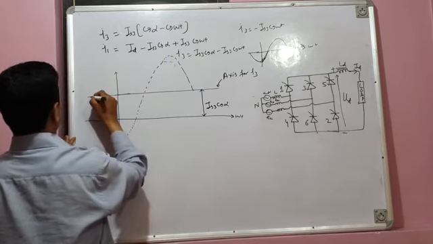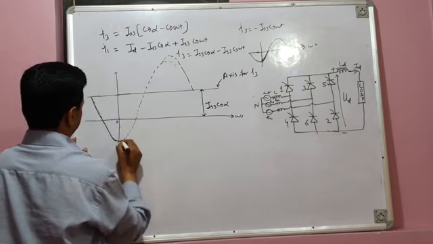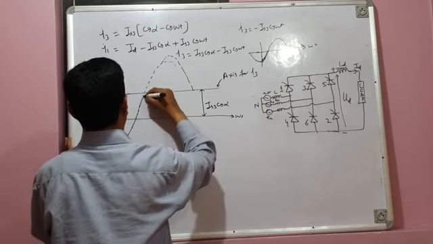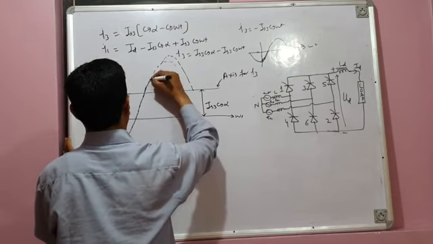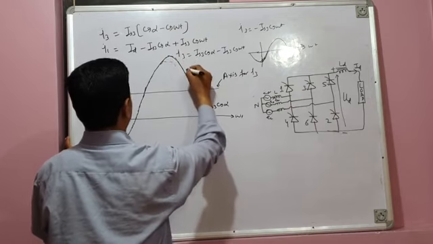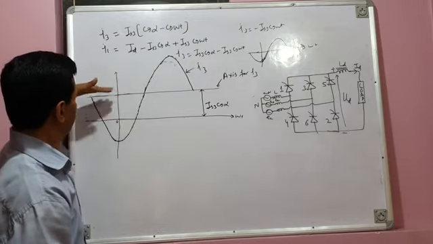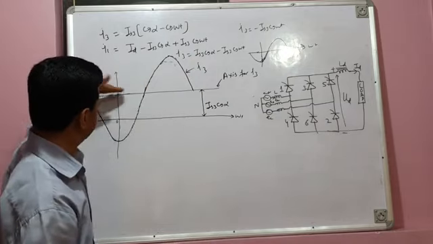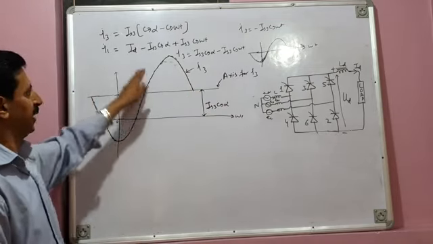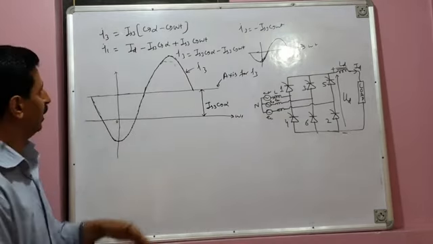So therefore, this is my I3. You can see it's negative cosine wave, but its axis is not omega t. Its axis, this is its axis. I have written axis for I3. No doubt it passes through this, but this is its axis. So this is my I3. Fine. What is my I1?